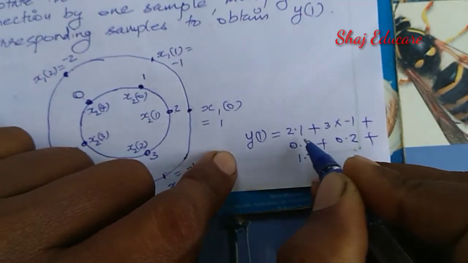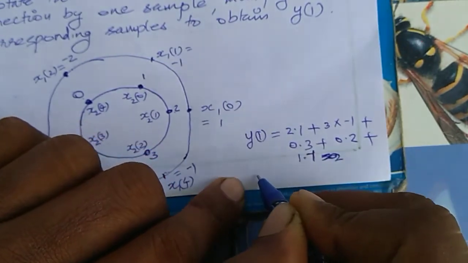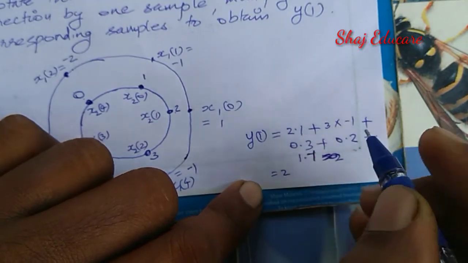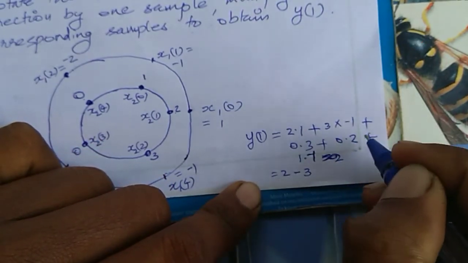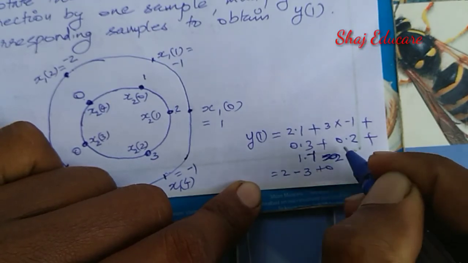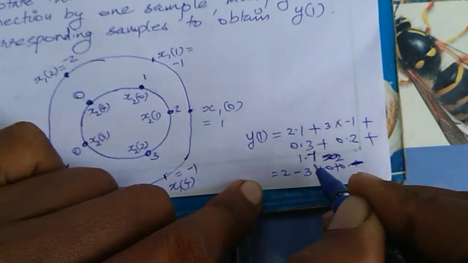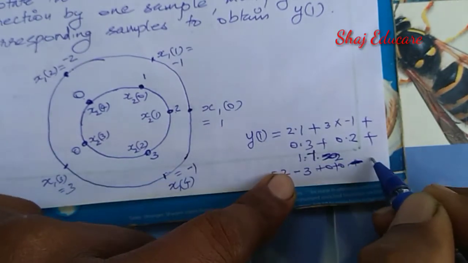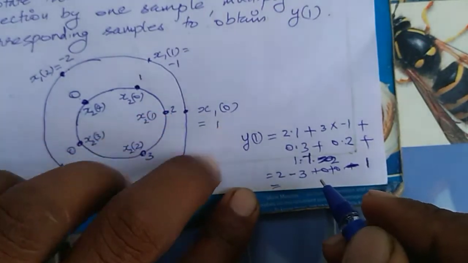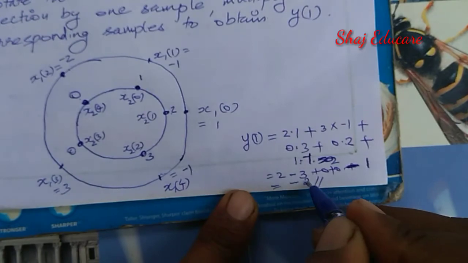then I am getting 2 into 1 become 2, then 3 into minus 1 become minus 3. 0 into 3 is 0, again 0 plus minus 1 into minus 1 gives minus 1. So that I am giving the answer as minus 2. Okay,